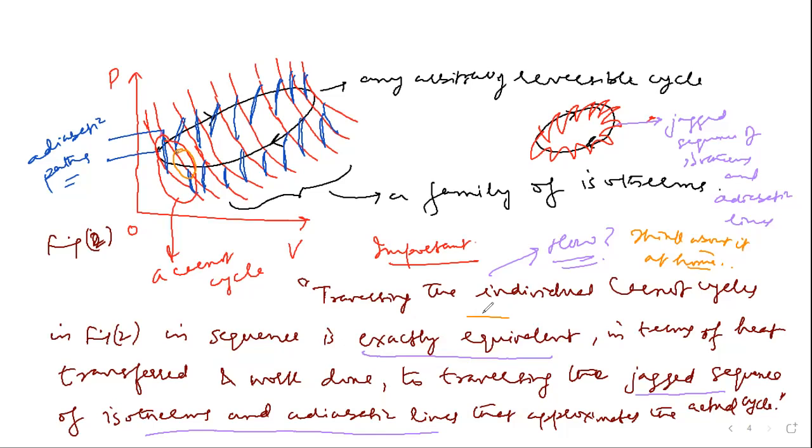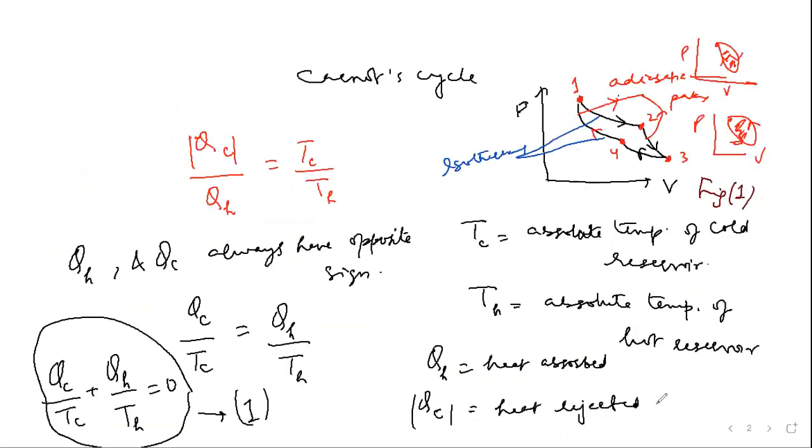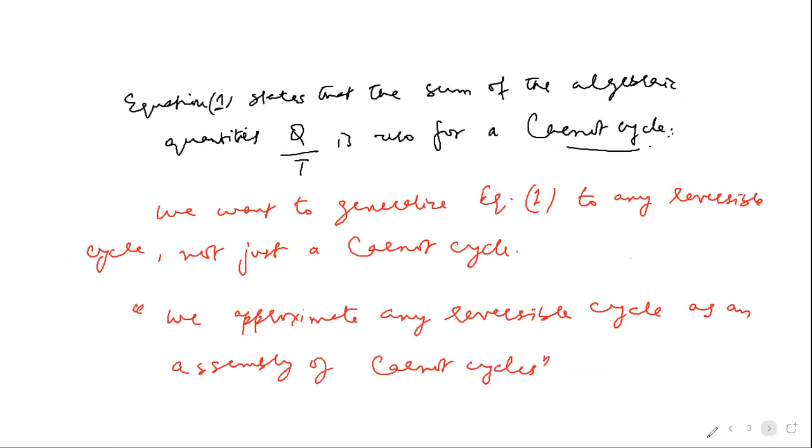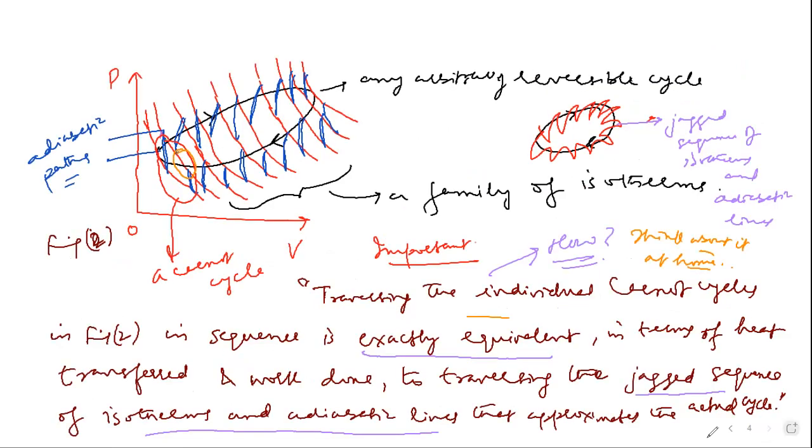We take it as a fact, you can check it. So therefore we can write, since we are saying that this jagged path is equivalent to the series of Carnot cycles, and for Carnot cycle we said that this sum is zero, algebraic sum is zero, so therefore the same will be true for the jagged path, because they are equivalent in terms of heat and work. So I can write, therefore